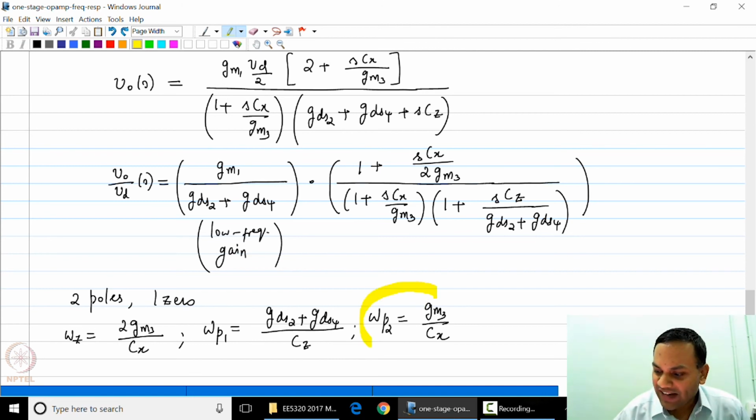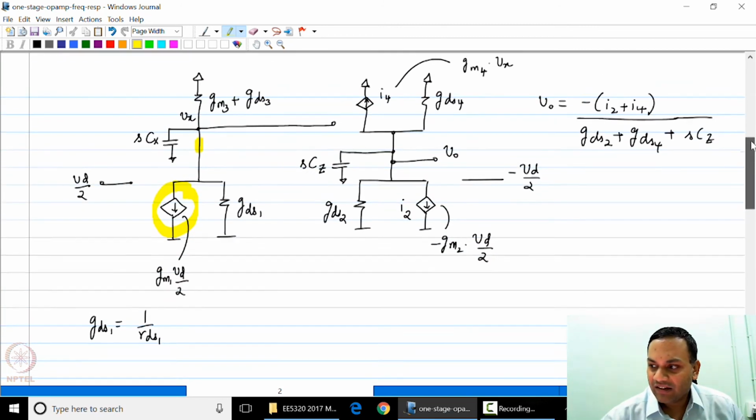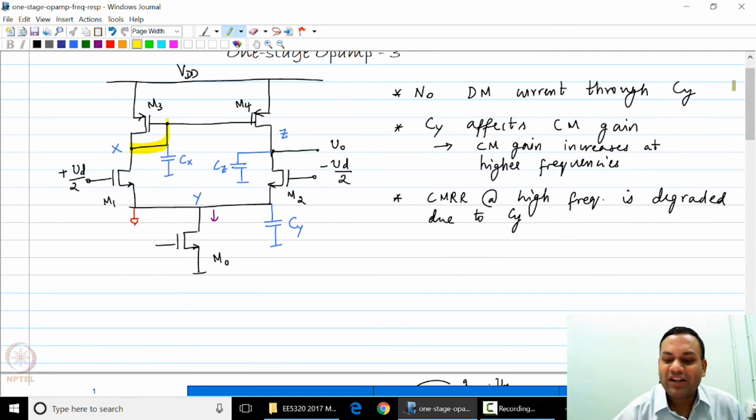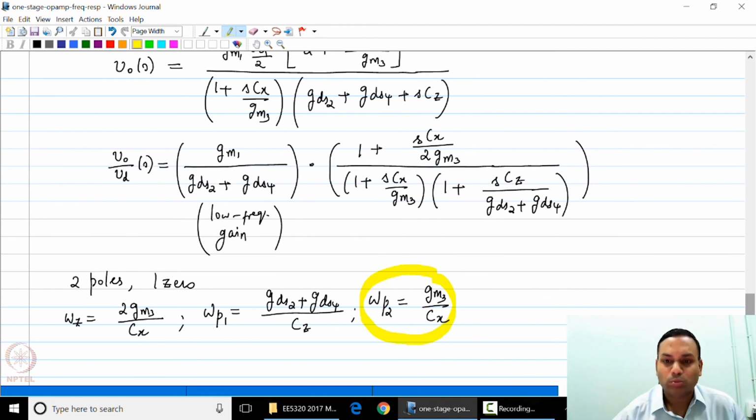Omega P2 is the second pole in the system, and that comes about because you have the gate capacitance of M3 and M4 hanging at the common gate terminal. That will be the dominant capacitance at that node. This pole is often called the mirror pole. Now please note that you now have a 0 at twice omega P2. The 0 frequency is at twice omega P2,